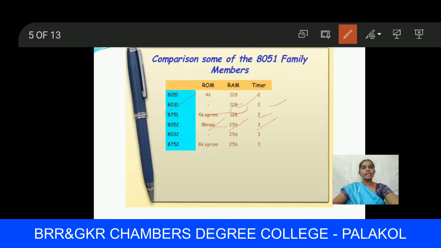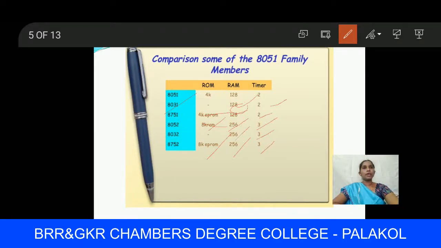And also 8032 has 256 bytes of RAM and only three timers. 8752 has 8 kilobytes of ROM and 256 bytes of RAM and three timers. So likewise we have to compare all these